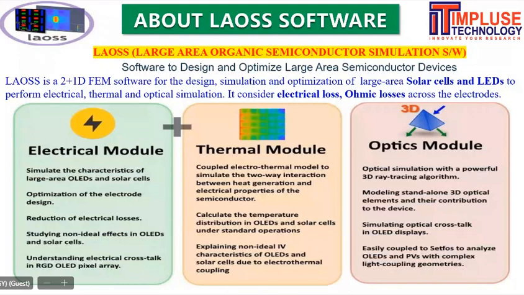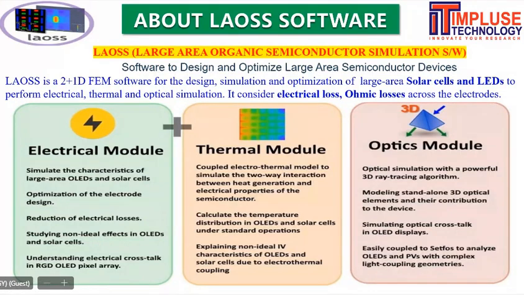And how can we increase the accuracy to optimize your device structures? Optimization is very important so that you reach your final approximated output. That's why this electrical module is there. So the software is divided into modules: electrical module, thermal module, optical module, whichever module is convenient for you, that can be planned. So basically for reduction of electrical losses and non-ideal effects, maybe in LEDs or solar cells, maybe some unknown things may be there,